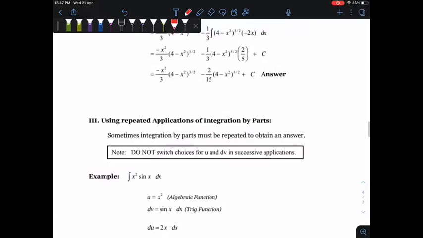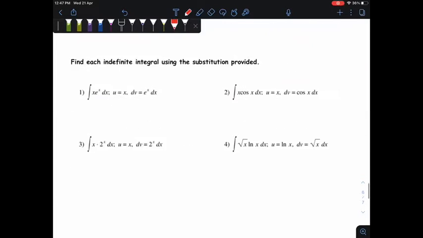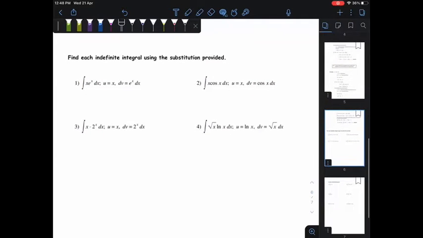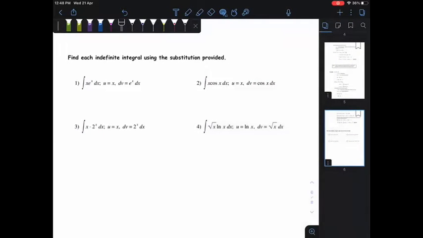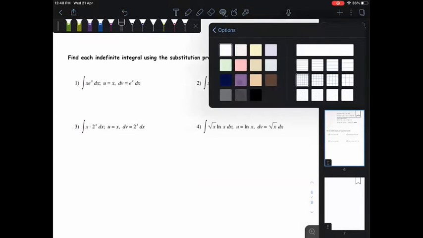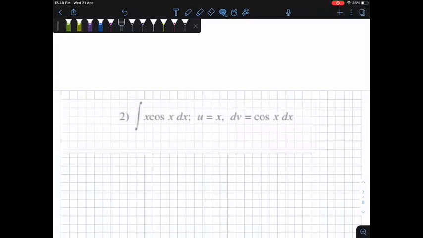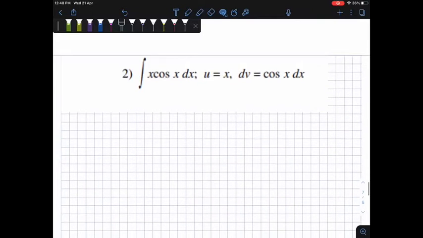I'm going to send this worksheet to you, and let's pick one question here to practice and revise this topic, integration by parts. Yes, let's take example 2, the integral of x cosine x dx, and u is given as x, and the dv is